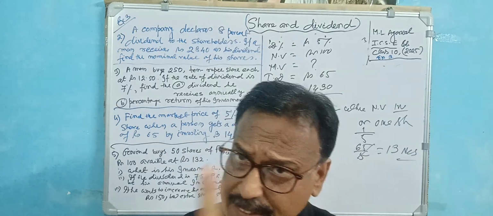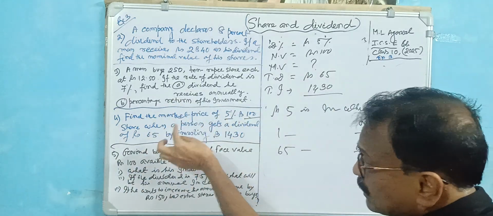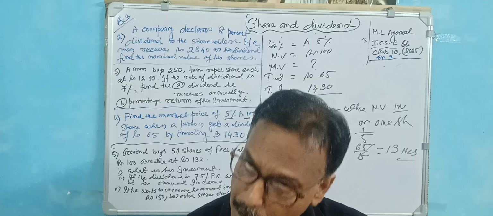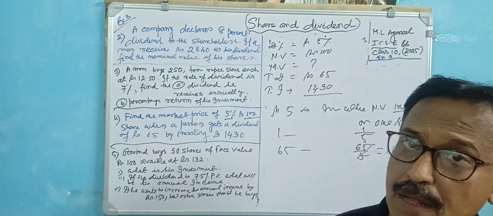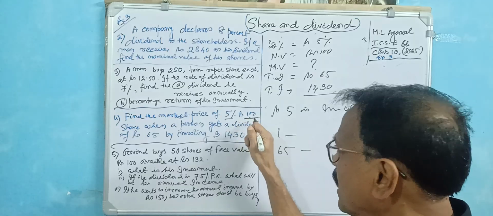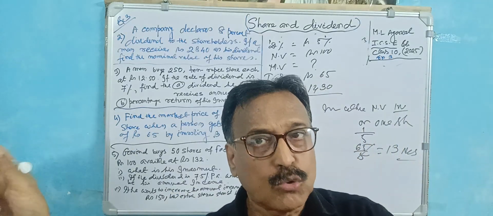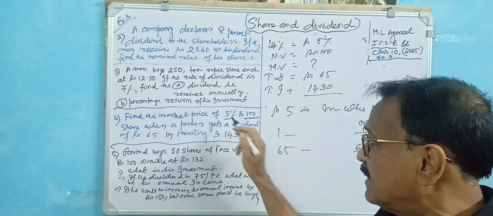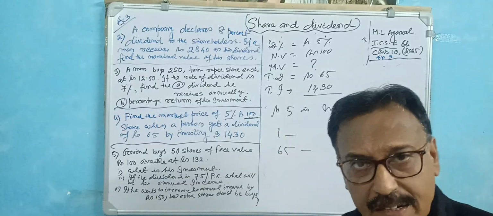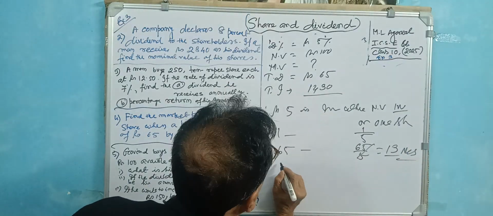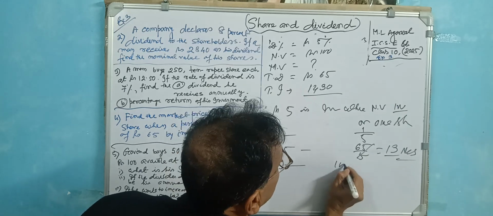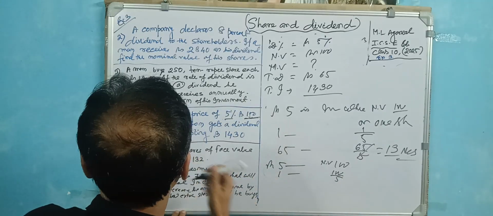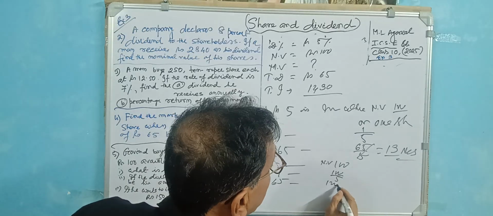This can also be done another way, you just have to understand it on this basis, because the dividend is 5%. 5% means out of 100 it is 5. If you invest rupees 100 in a company, you get a dividend of rupees 5 per share. And here the nominal value is also 100. So there are two processes. If you get rupees 5 as income, the investment in the company is 100, you can do it this way too. Number of shares 13, I got it with this, and it will work with this also. Rupees 5 when you invest nominal value 100, 100 by 5, so this is 65, so total nominal value you get,